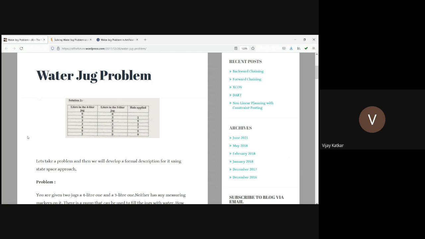Here we are supposed to apply different rules, starting from the initial state and ending with some solution. They say: first fill the 3 liter jug, then shift the 3 liter water from jug 2 to jug 1, which has 4 liter capacity. Then again fill it and transfer 1 liter of water to the first jug.